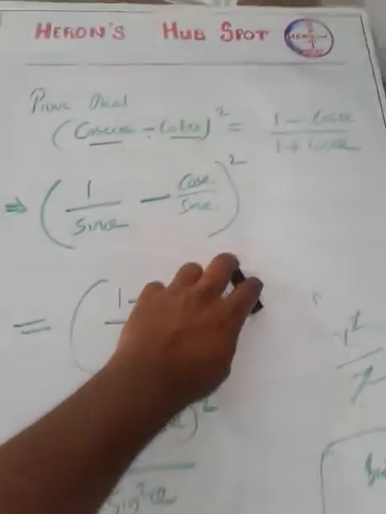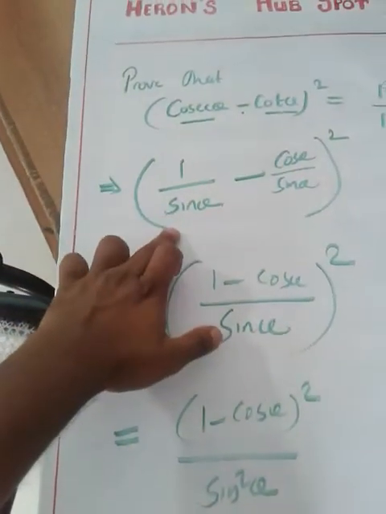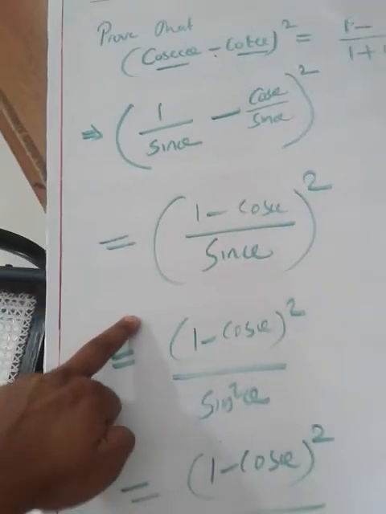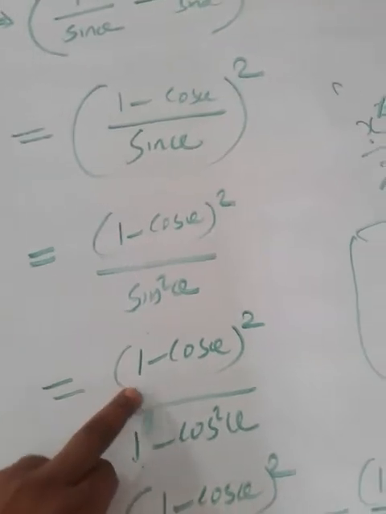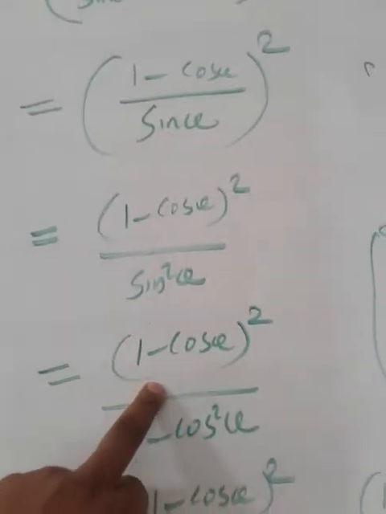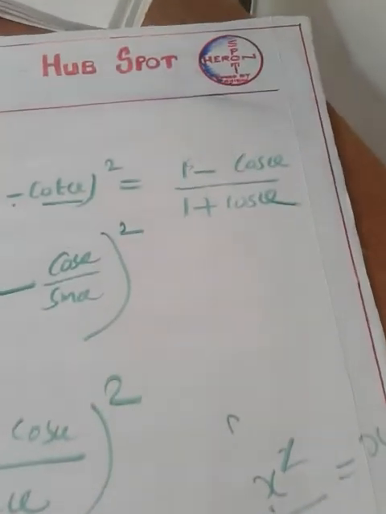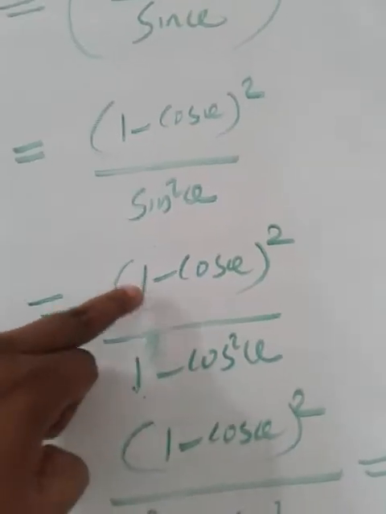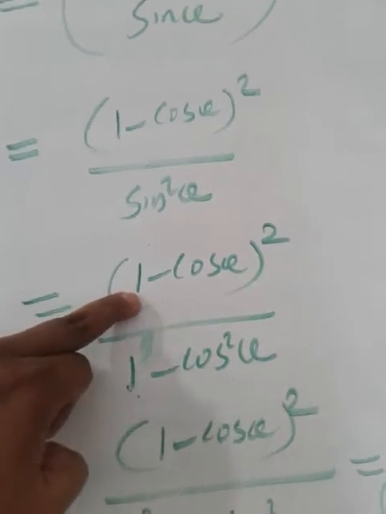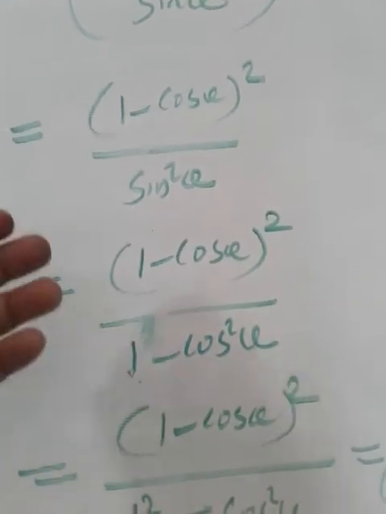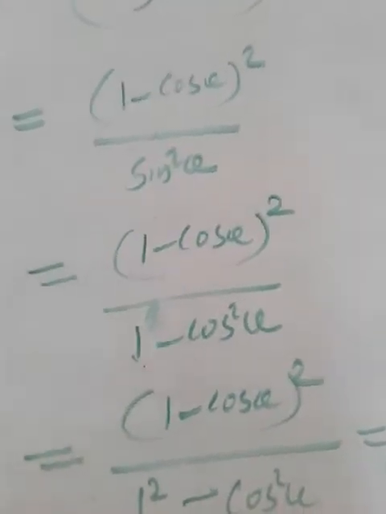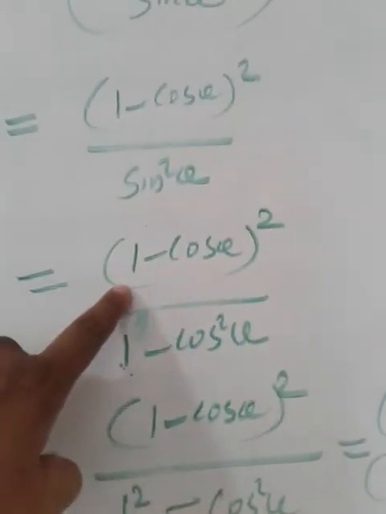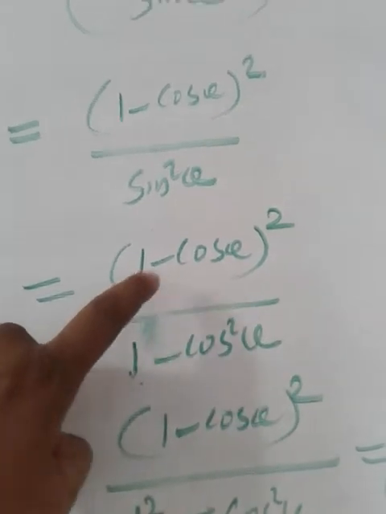So you just see the step by step process. This is very simple, and this is also very simple, and this is also very simple. And what is the reason for not making any changes in the numerator? Why? Because RHS numerator is 1 minus cos theta. So we have already half reached. So I am not going to disturb it. If I disturb it, I will fall down into many confusions. That's why I am not going to disturb it, because I need this term in the numerator.